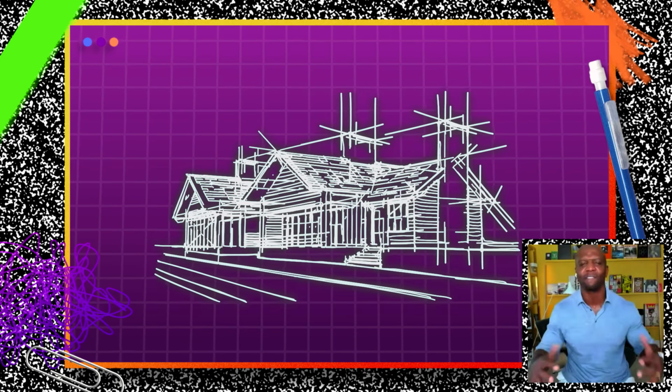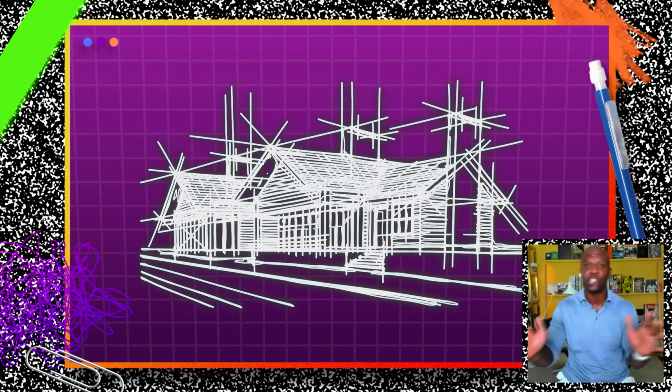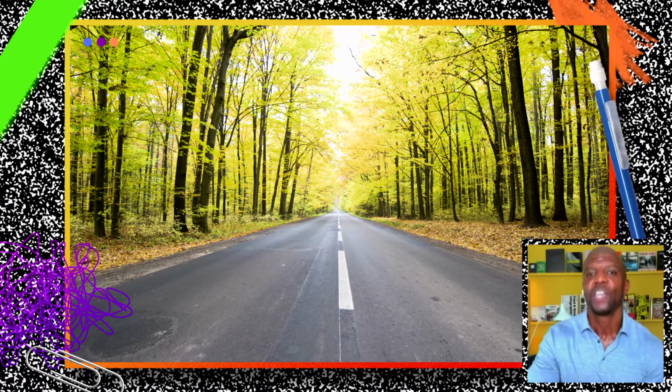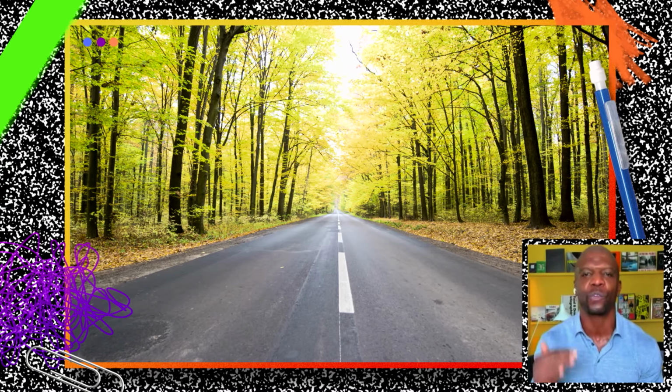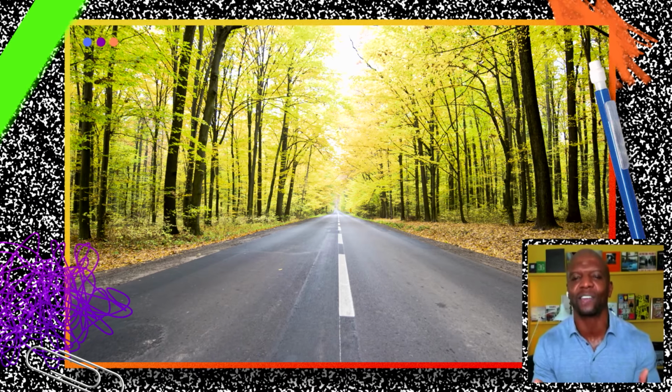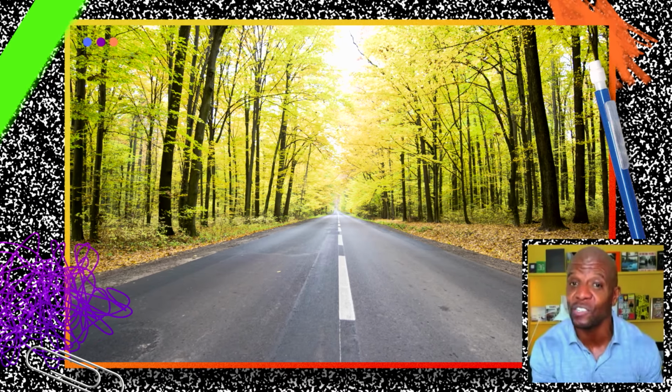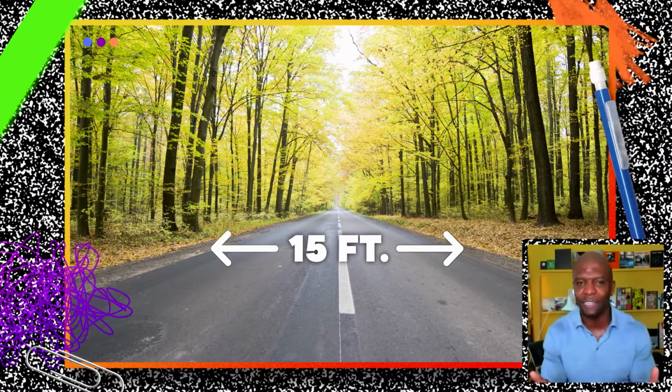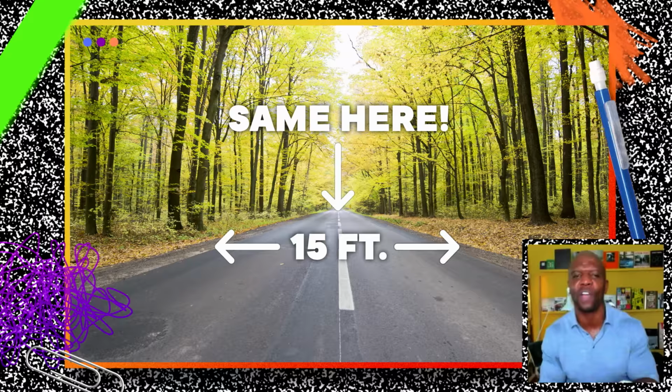One of the most important tools in any artist toolkit is perspective. Perspective is what makes a flat drawing or painting feel three-dimensional. It's what makes art look real. A classic example of perspective is an image of a road that's disappearing off into the distance. Note that in this photograph, the sides of the road get closer and closer together until they finally almost touch. Now, we know that in reality, this road is always the same width, but because of perspective, the road appears to be getting farther and farther away from us.